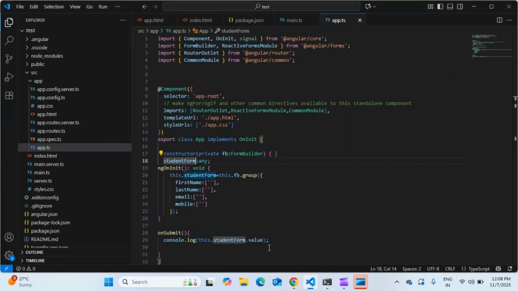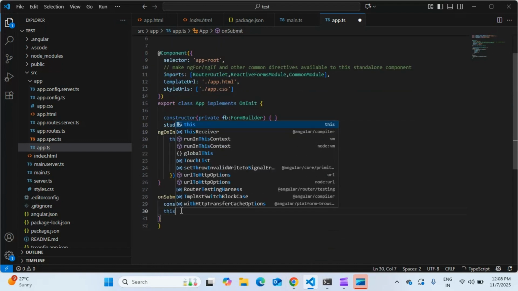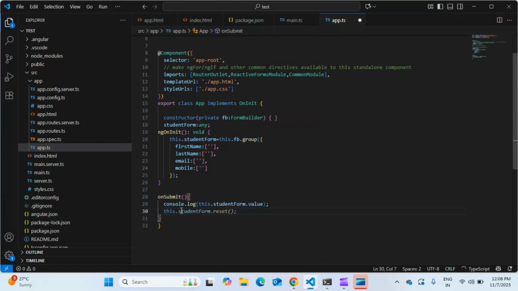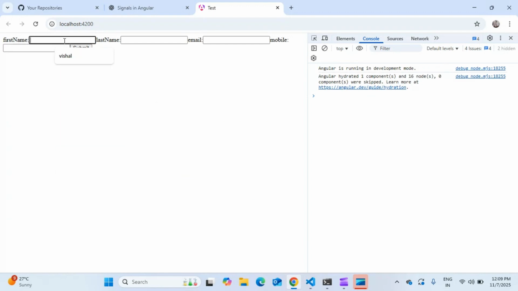Let me add one more thing to reset the form. There is a method reset. We can use that method to reset the form once we submit the values. Let me show you once again. Email. If you click on submit, then it will be shown on the console and it will